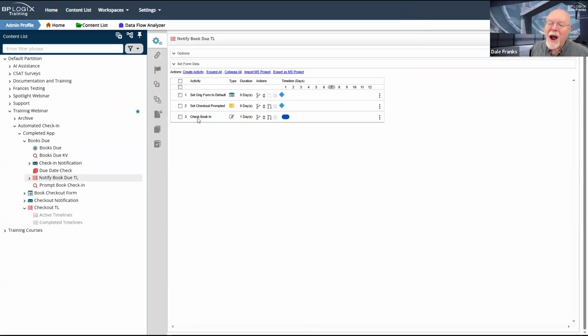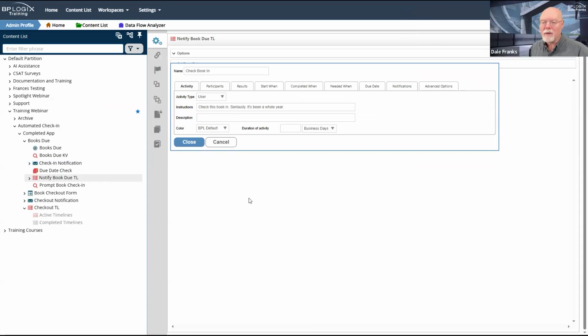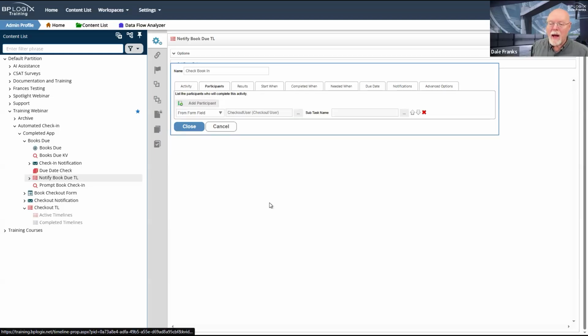And then finally, we will do our check book in timeline activity. This is a user activity, and the participant is set to the checkout user form field because that is the user who checked out the book. So this will be the user who is assigned the task.